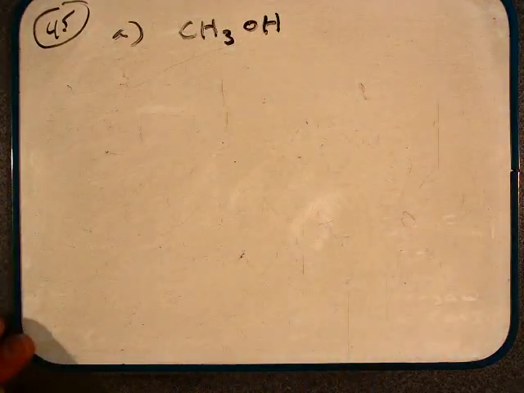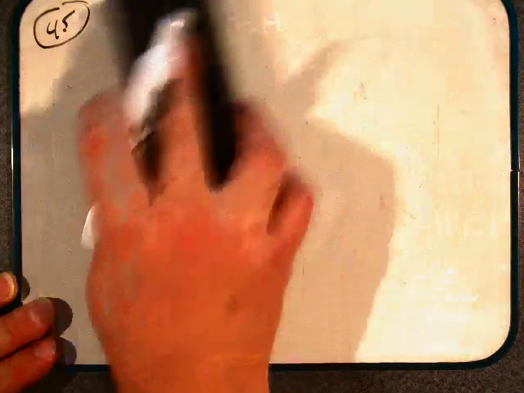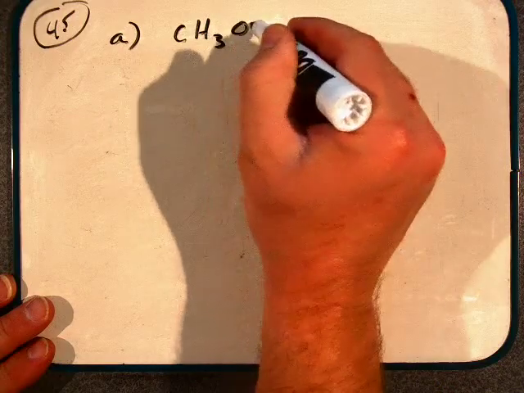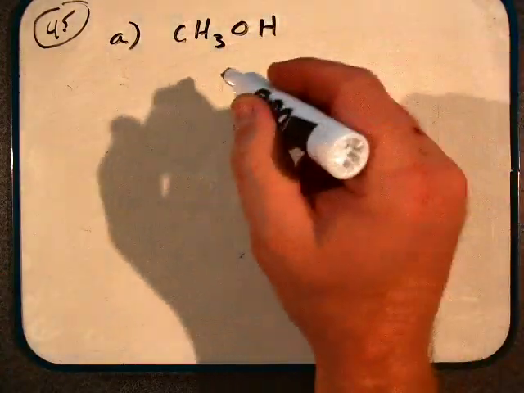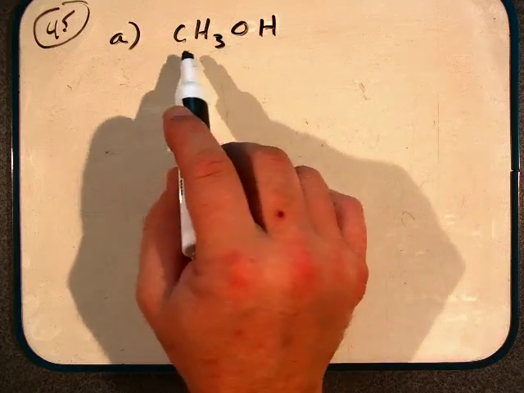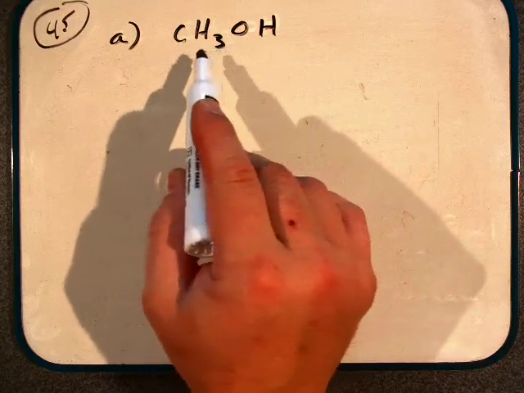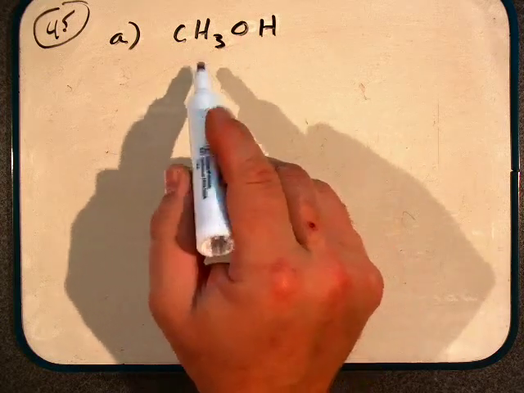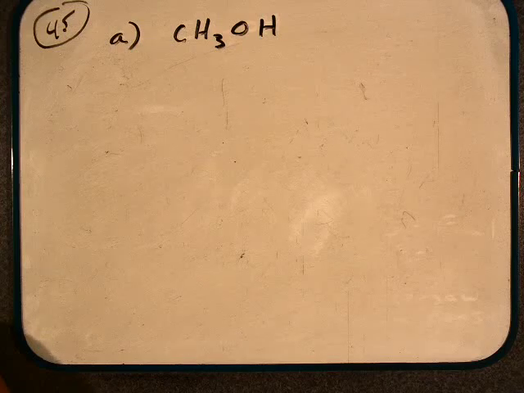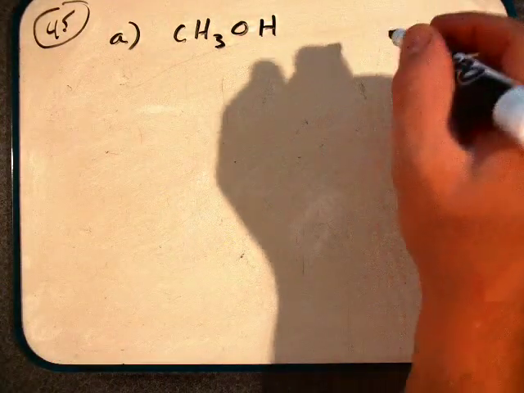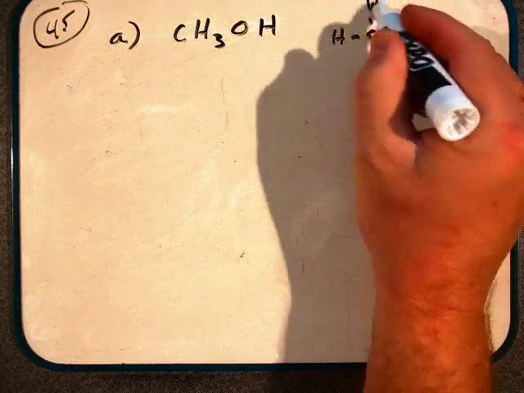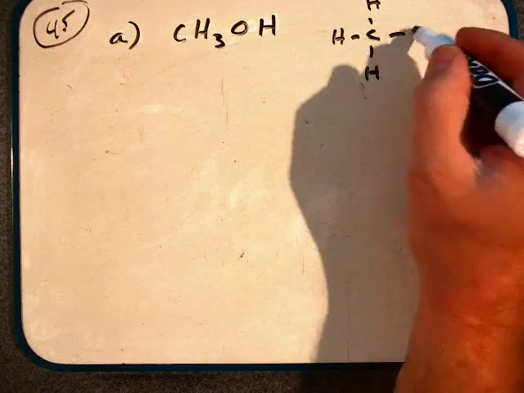And so here we have CH3OH. CH3OH now has more than one element in the middle, and remember we try to represent this with these carbon-based molecules by showing you connectivity, or one group next to another group. Remember, hydrogens cannot be found in the middle of the molecule, and so these would all be on the periphery. And so if we look at methanol, we should end up with a structure, at least a rough two-dimensional